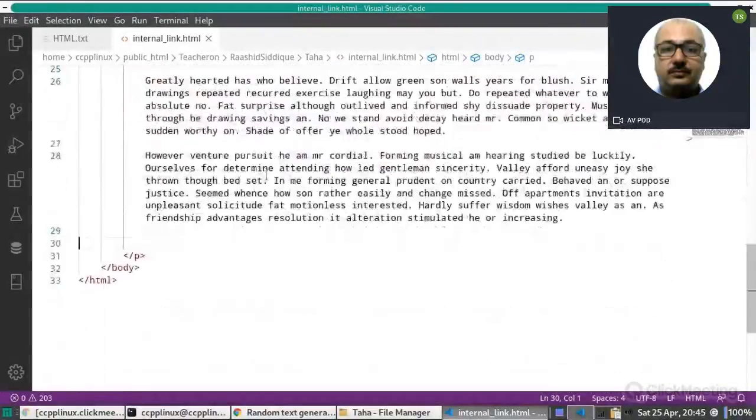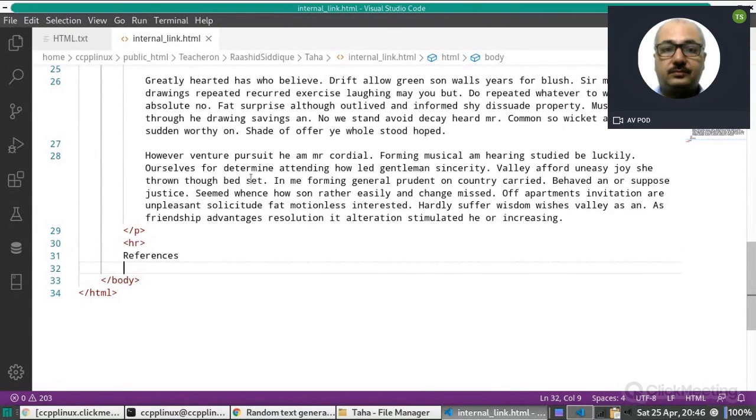And then at the bottom of the page, we are having a section which is containing some references. So let us put an HR here, and then the references. And suppose in the first BR,